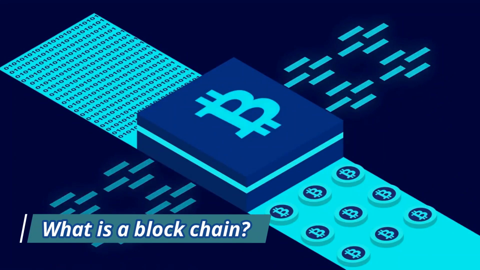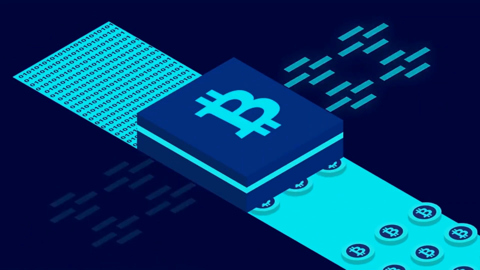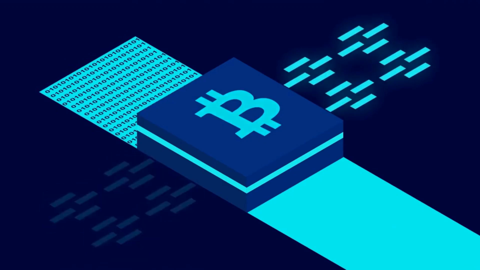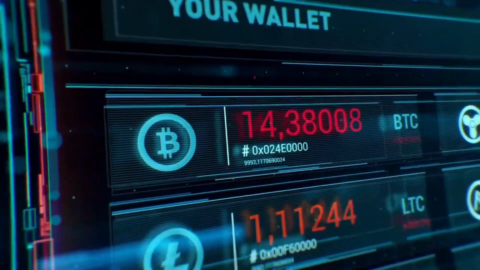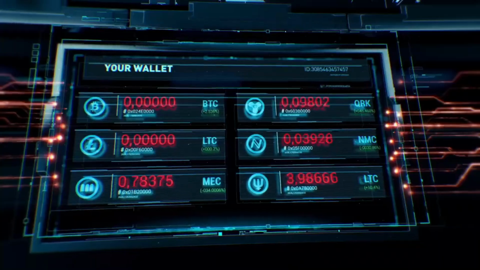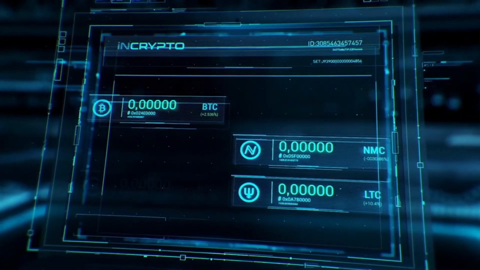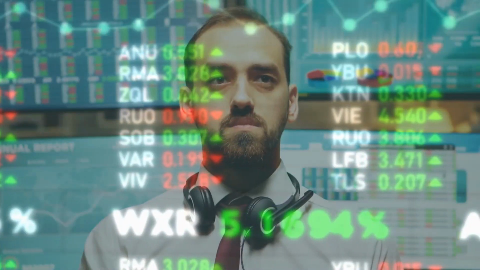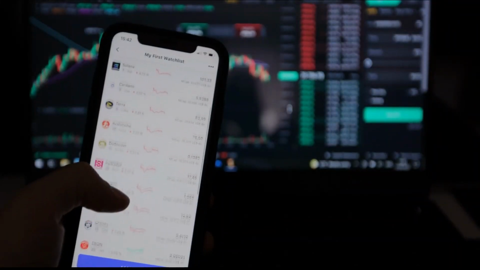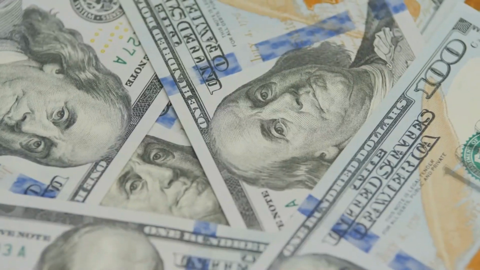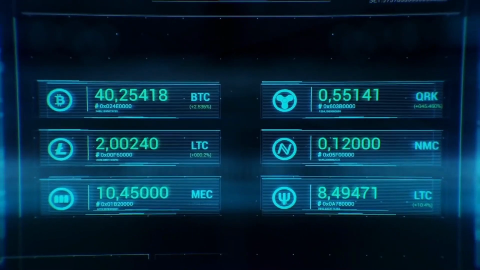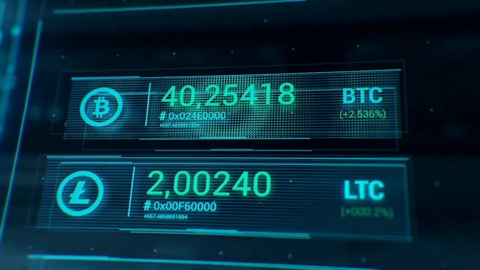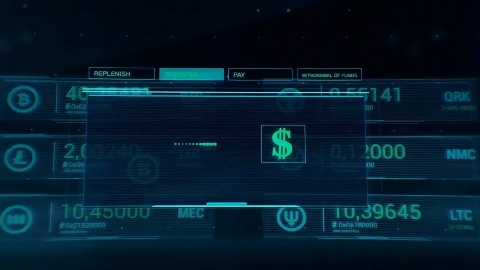So, what is blockchain? Blockchain is a new way of recording information or transactions in a way that makes it difficult or virtually impossible to change, hack, or cheat the system. This is what makes it so powerful. A blockchain is a digital ledger or like a database of all cryptocurrency transactions that ever took place. It's constantly growing as completed blocks are added to it with a new set of recordings or transactions.